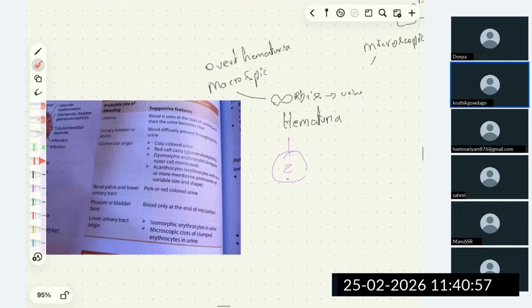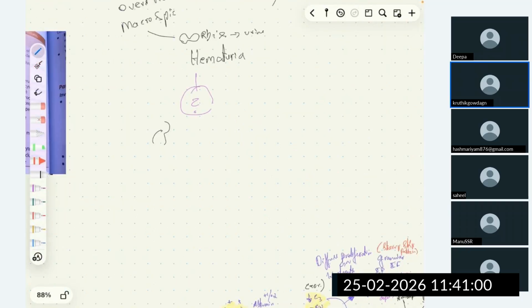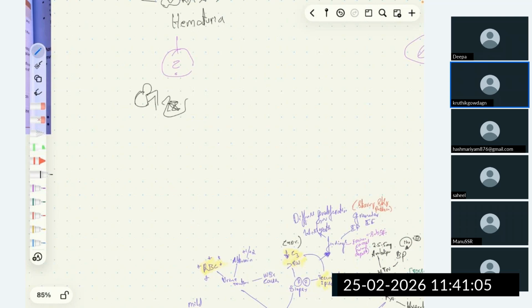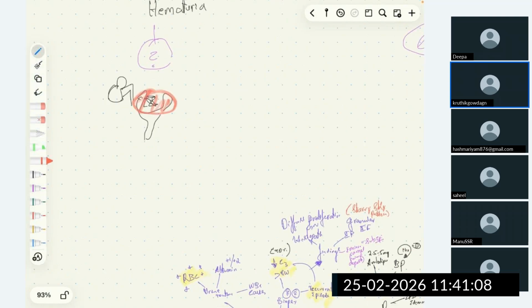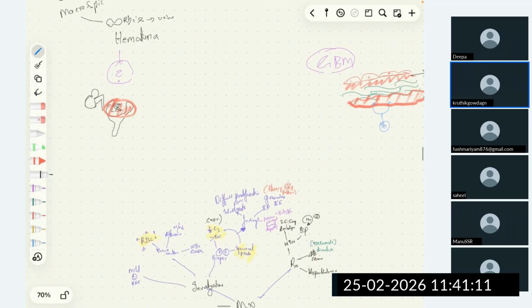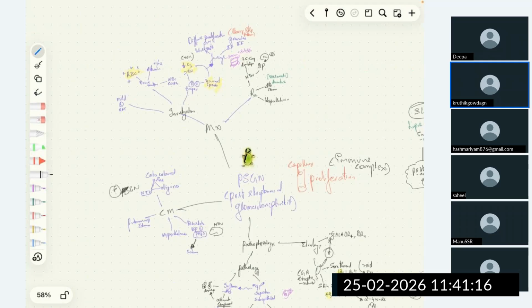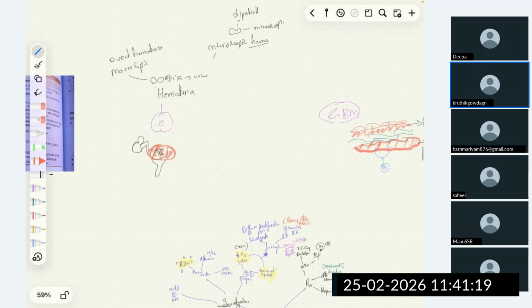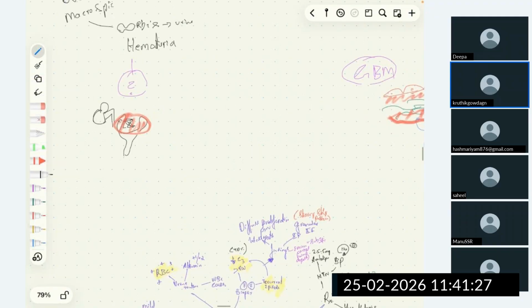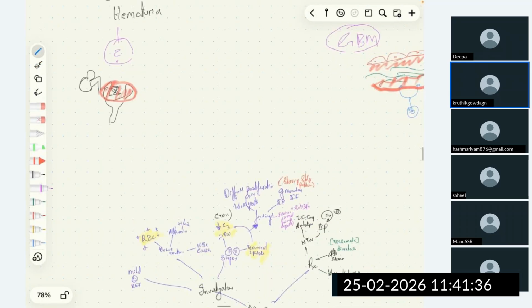Let me go according to anatomical site. From the glomerulus, I'll start. If glomerular pathology is present, we see macroscopic hematuria. We saw this in PSGN, where we see cola colored urine due to excretion of red blood cell substances. We see microscopic or macroscopic hematuria in case of glomerular disease, and then followed by that we can have diseases in the